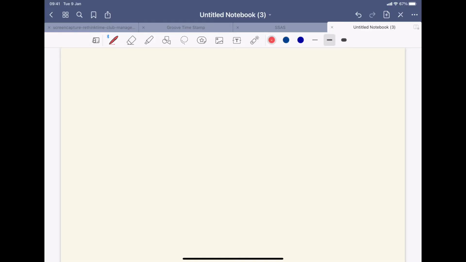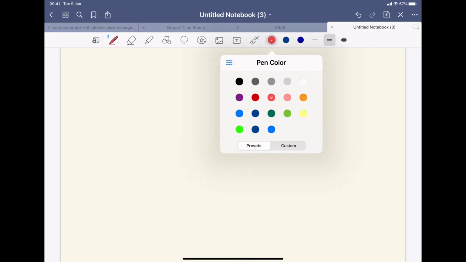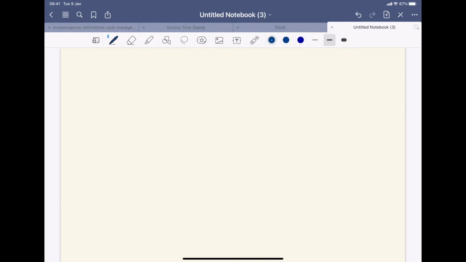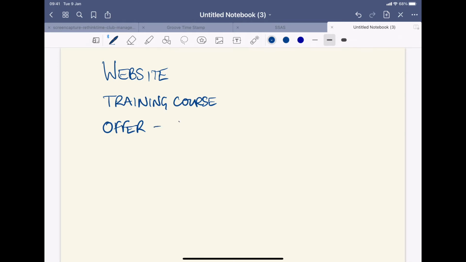Okay, so we're on the iPad and essentially what we said we have to do is we want to have a website. So this is the scenario. You've got a website and your product is a training course, let's say, and you need to make sure that that is an offer. So in other words, it's going to cost whatever it's going to cost, and people will be able to buy it because they'll be able to go to a